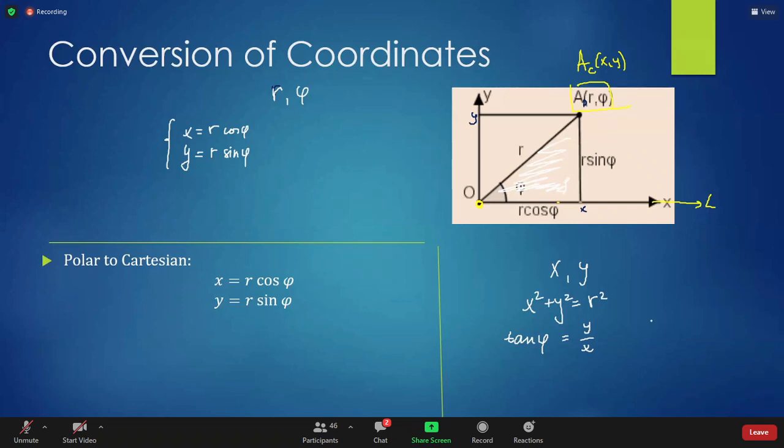So for instance, if x is positive and, for example, y is positive, as in this case, then the same tangent